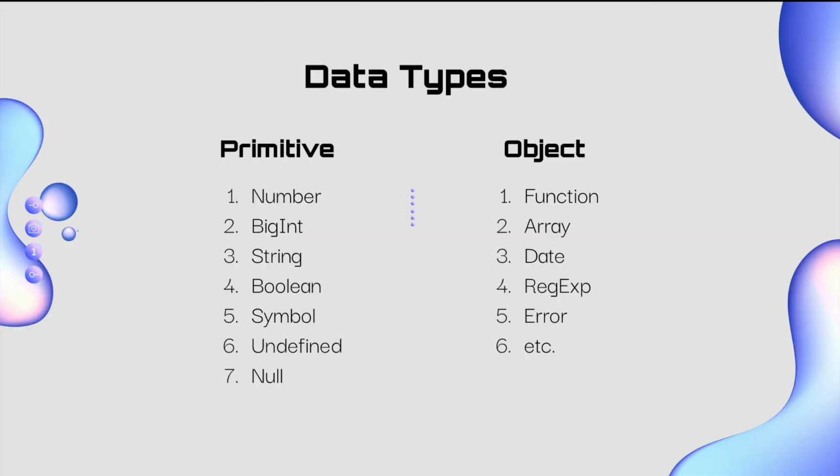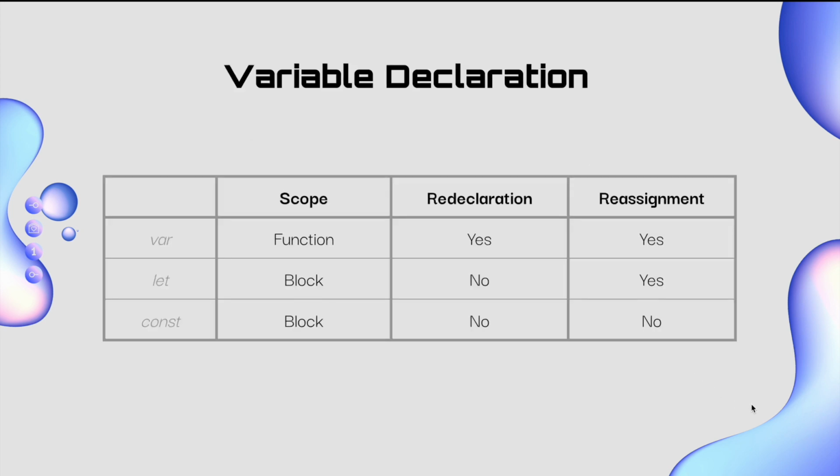JavaScript supports various data types, including 7 primitive types. All the other types are categorized as objects. In JavaScript, variables are declared using the var, let, or const keywords. Var is function scoped. Variables are visible throughout the function in which they are declared, but not outside of it. Let and const are block scoped, meaning they are only visible in the block of their declaration, such as loops